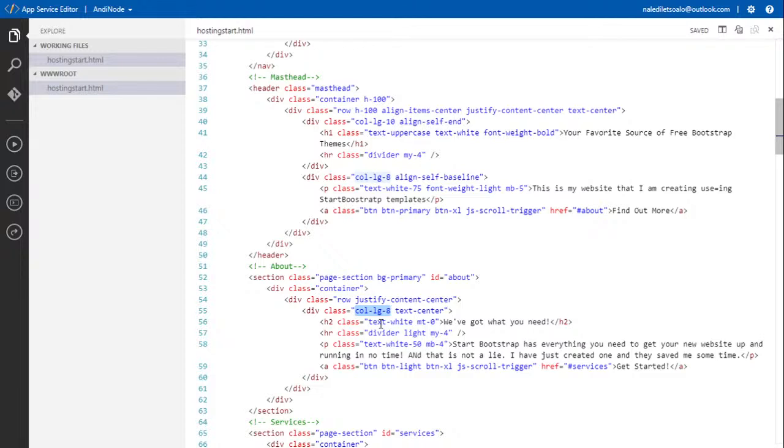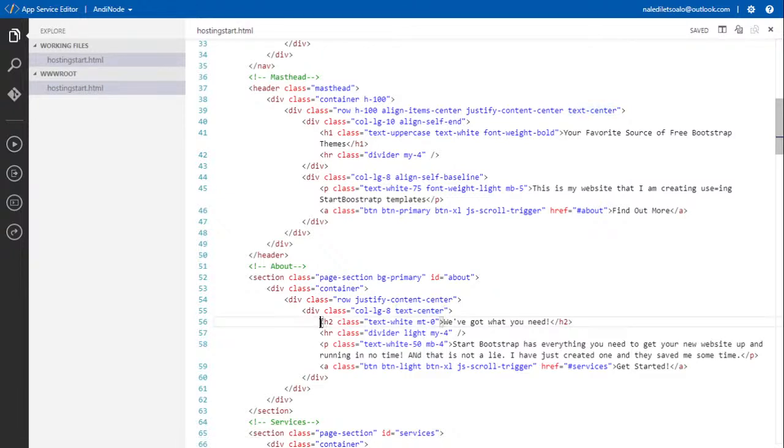The column itself might just be large, or it might just be that the text inside it is large, but this is how I've named this particular one. And what I want to happen inside it is that I want the text to be centered. Great.